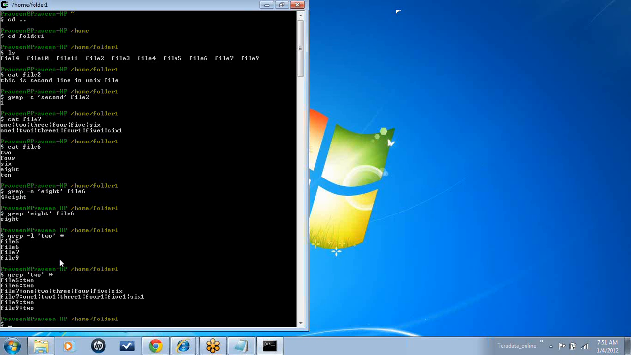Okay, so this is about the grep command. This is called global regular expression printer. That is the full form of a grep command. And now let's see